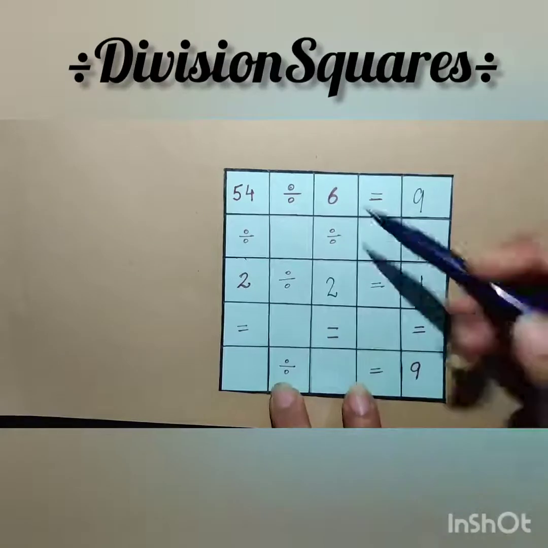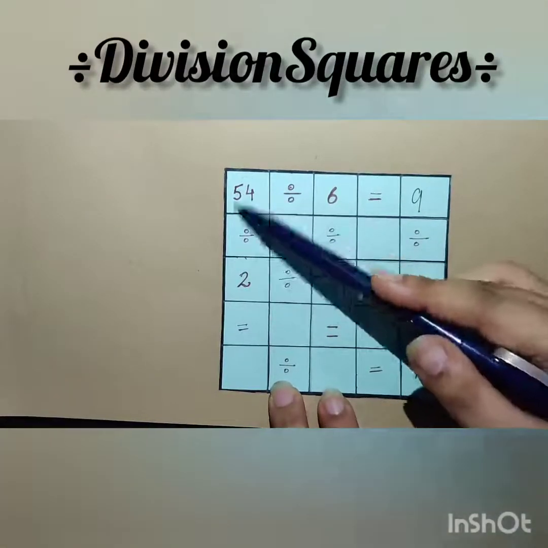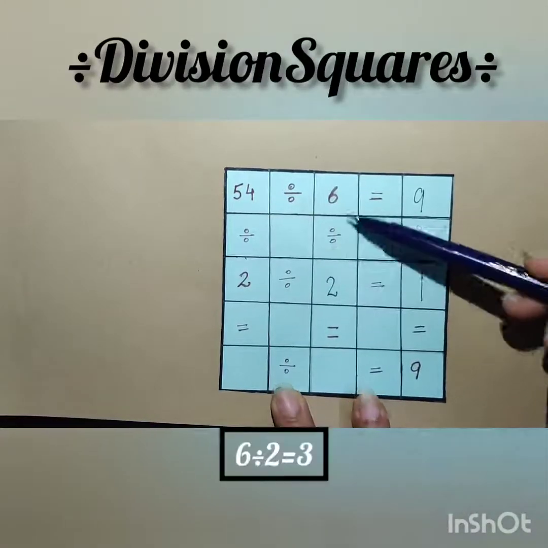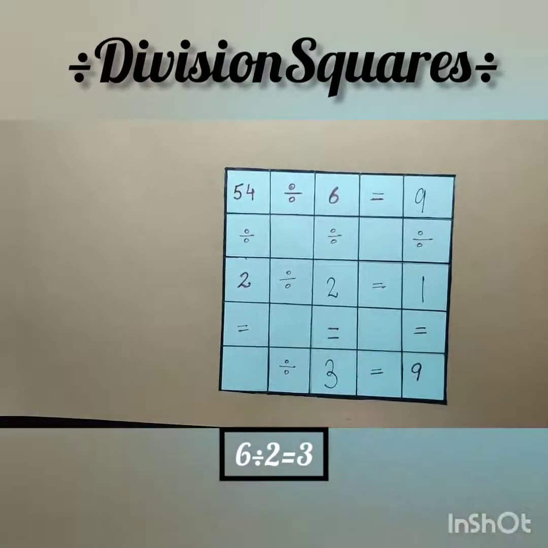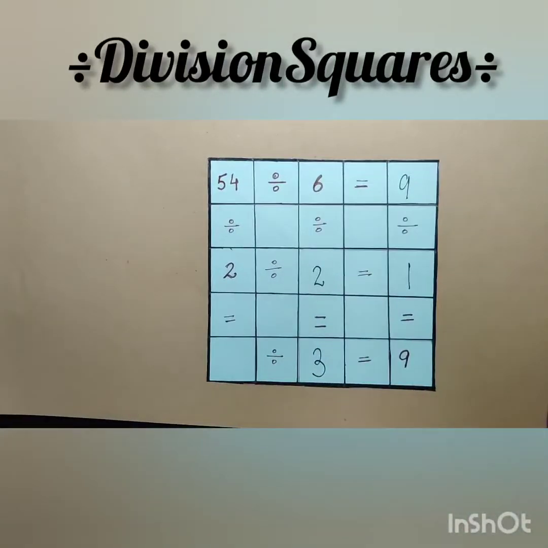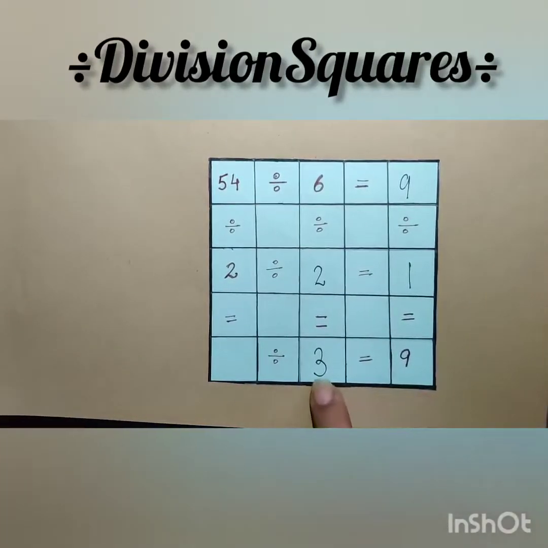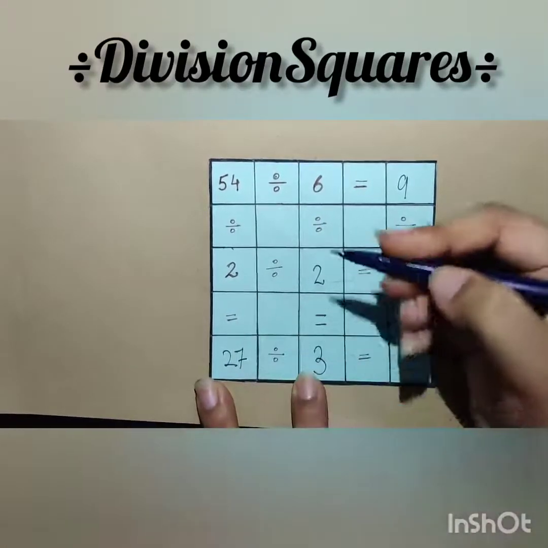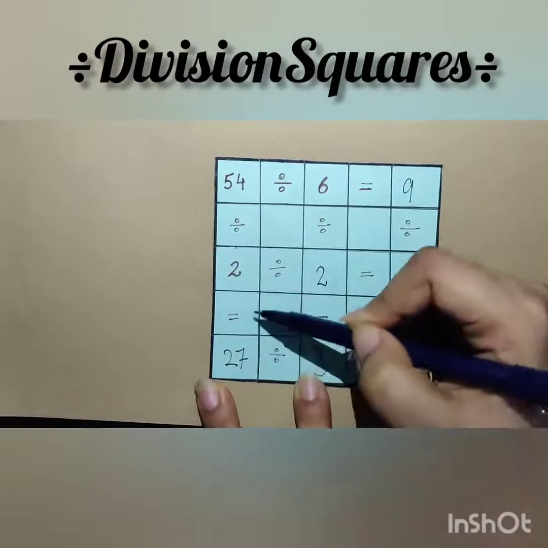Now 54 divided by 2, the answer would be, so we need to divide it, right? We have also an option that we can solve this one. 6 divided by 2, the answer is 3. Correct? So which number when divided by 3 gives the answer as 9? So here I'll multiply 9 with 3. 9 times 3 is 27. I hope you all got the answer. When we divide 54 by 2, we get 27 as the answer, right?